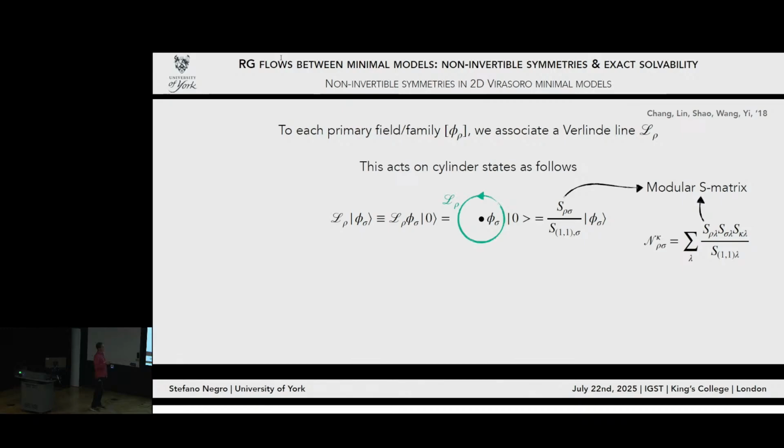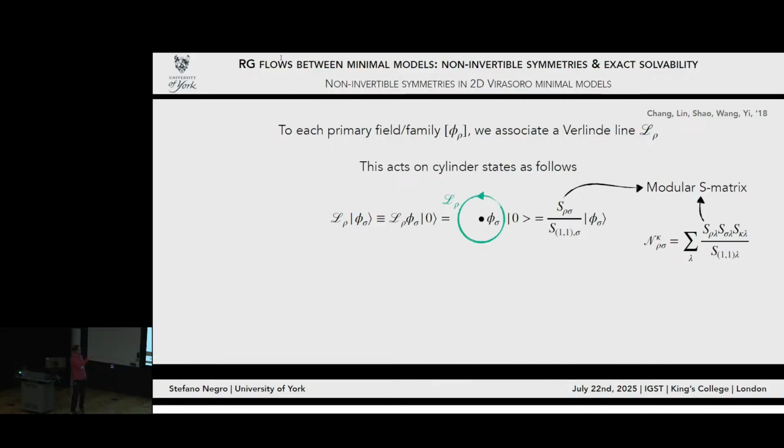Okay, so one can think, and this was reviewed in this article, it was actually thought of earlier than that, but this review is quite clear on the math that is going on. We can think of taking each family and associating with it a Verlinde line, an operator defined on a line, which I call curly L with subscript rho. And this line acts, like I said before, by fusing on operators in this way. So it acts on a state on a cylinder. The state on a cylinder is generated, in this case, by a primary, but I can also use a descendant.